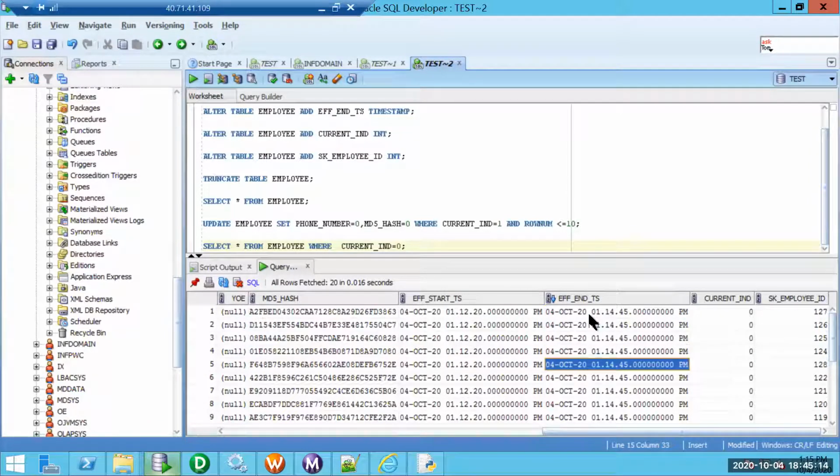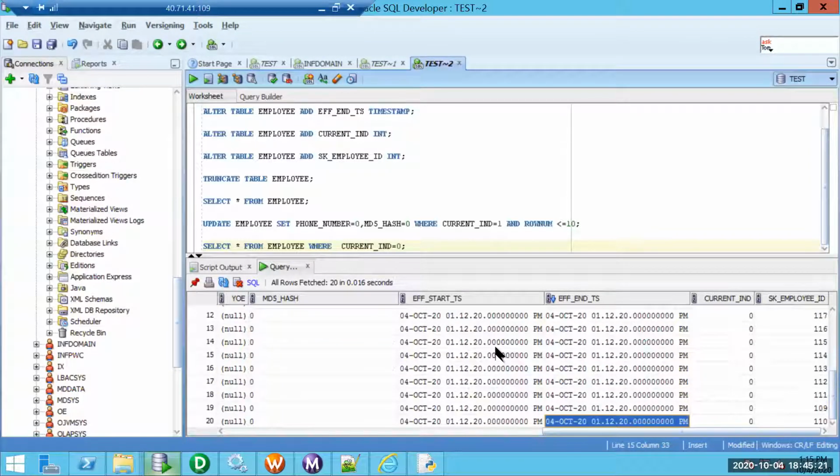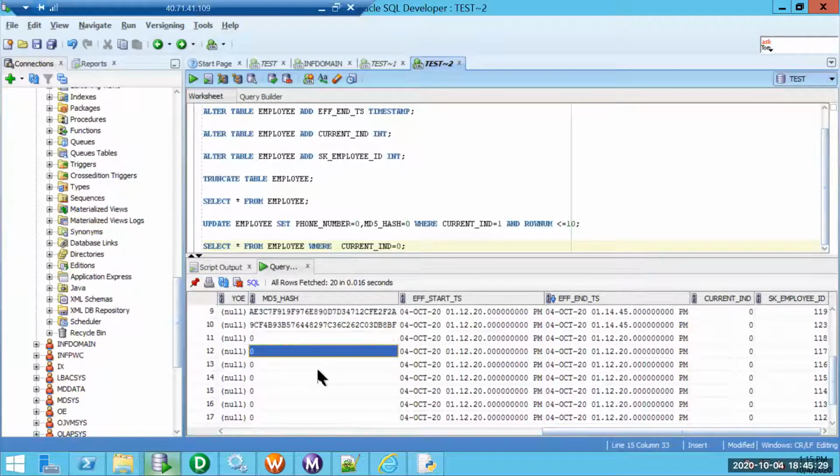So that is whenever we update effective start date for update records, update flow, if we start updating, then what will happen is we will have the same value. When I did the update second time, what had actually happened is for the same 10 odd records, I have actually updated the MD5 hash. So that is why it was not doing anything.